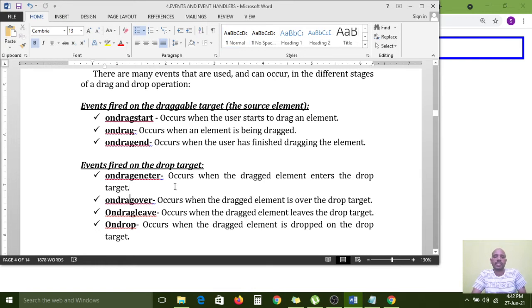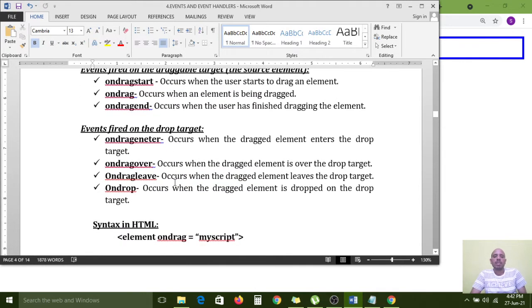Now, events fired on the drop target. These three are dragging related events. Now we have to see about the drop events, on drop events.